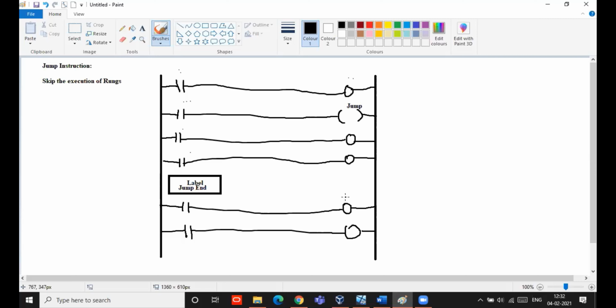If it is not under maintenance, you can deactivate that jump. If jump is off, everything will function in normal conditions. If jump is on, even though you give the input, these two lines will be skipped. So this is the use of jump instruction.